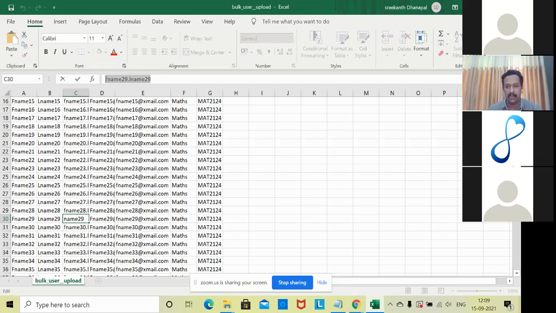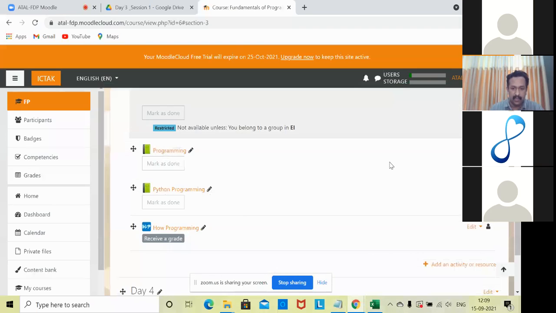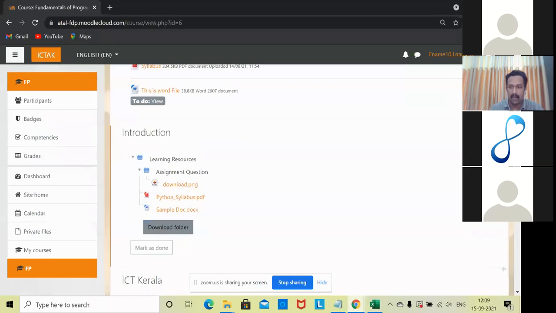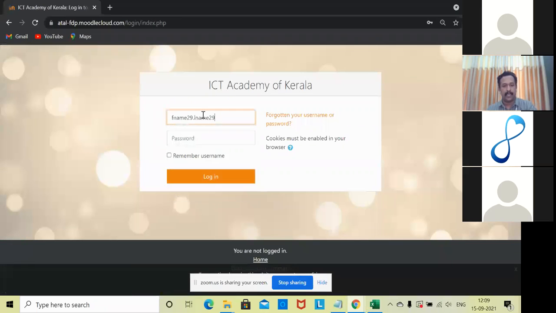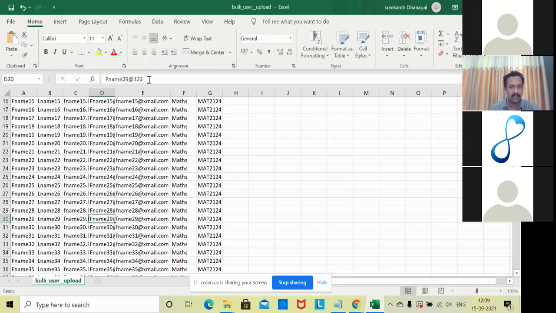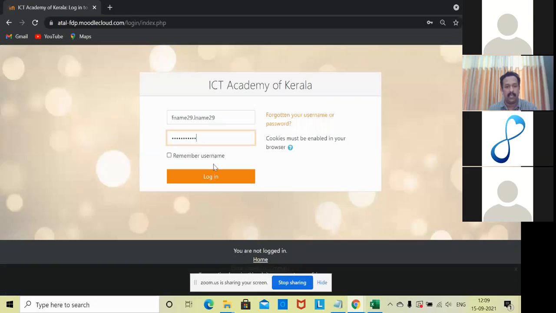I am just going to log in as 29 in incognito mode. Let me log in with username 29, and the password is fname 29 at 123.